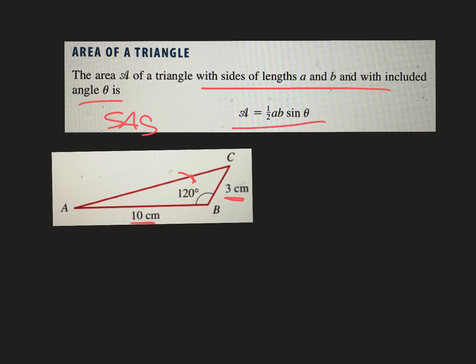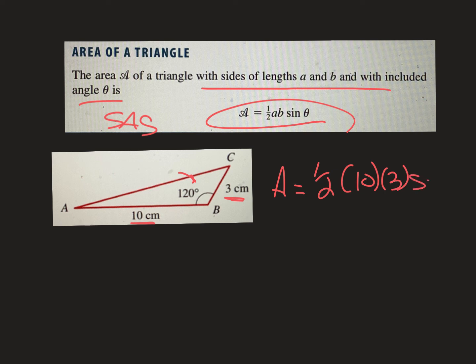So the area is just 1/2 AB sine theta, and it works because it's really 1/2 base times height, which you'll find out when we do law of sines later. But that's really what that is in trig language, okay? So here I go. I'm just going to say area is 1/2 of A. It doesn't matter which one's A and which one's B. 10 times 3